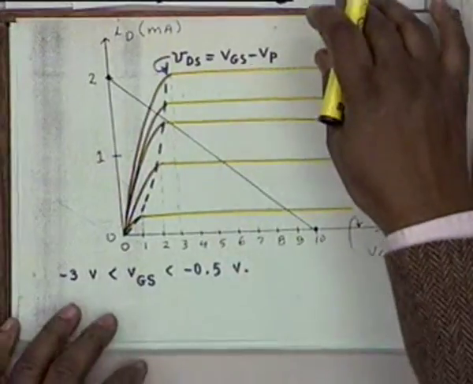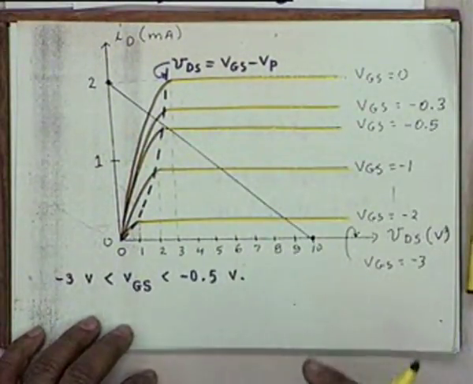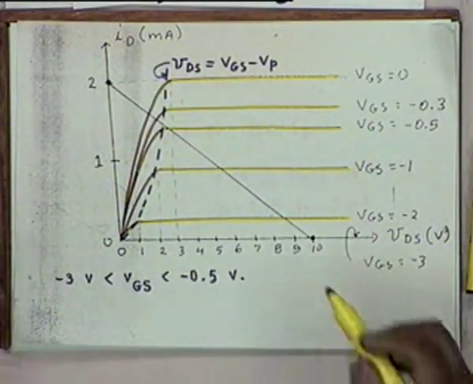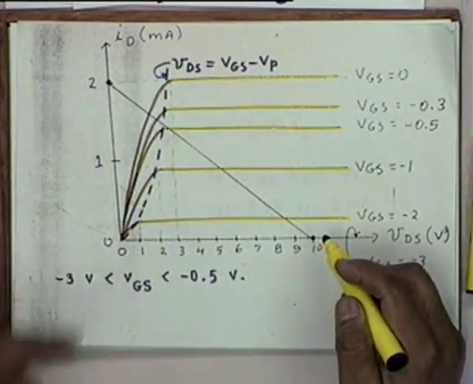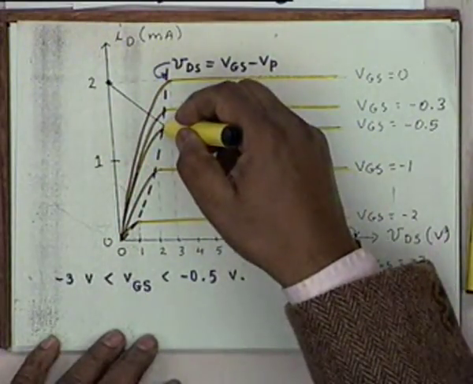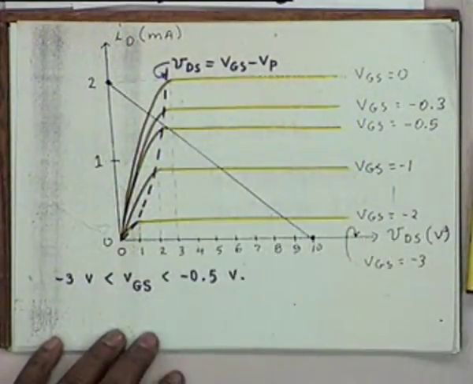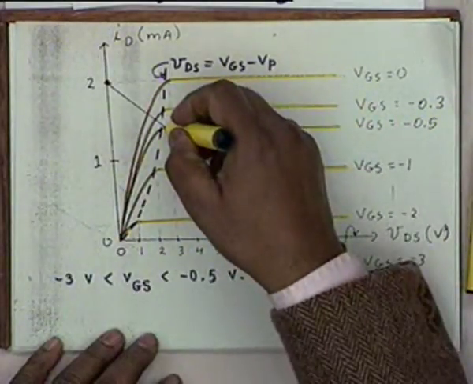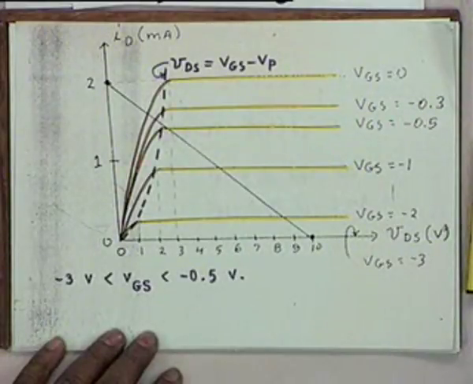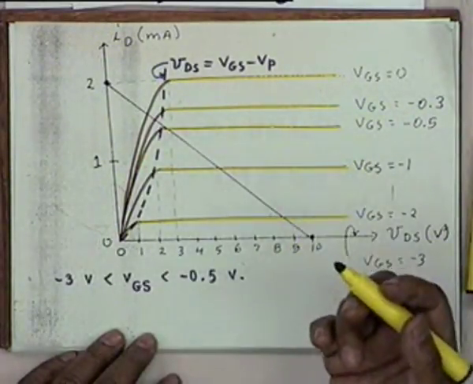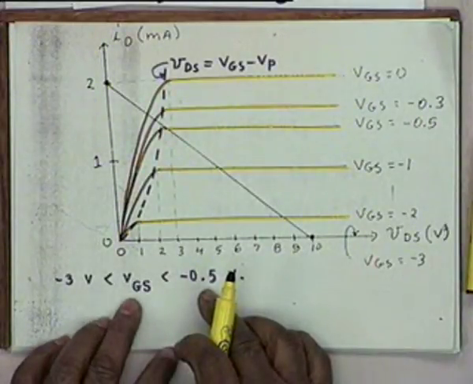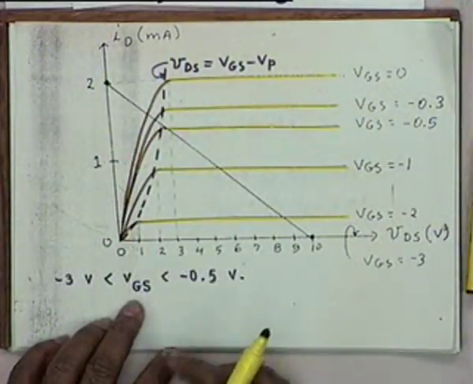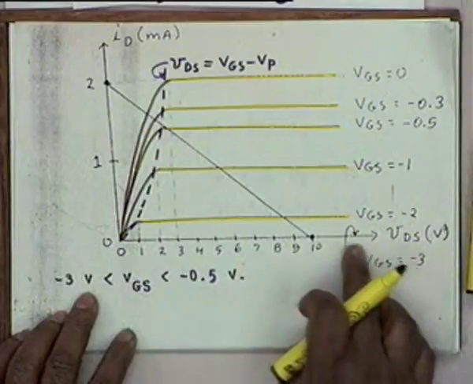And you also see the last part of the question, what values of Vin are required to obtain operation in the saturation region. You see, the operation must be on this load line. So on this load line, you should not go into the ohmic region, you should remain in the saturation region. This is why I drew that VGS equal to -0.5. This is approximately -0.5, and therefore VGS must be less than -0.5. If it is greater, then it goes into the ohmic region, and it must be greater than -3 volt, right?